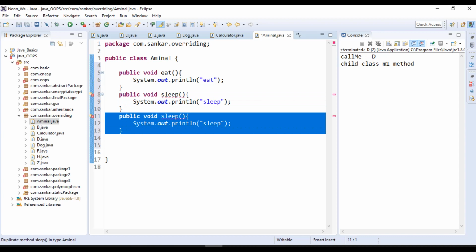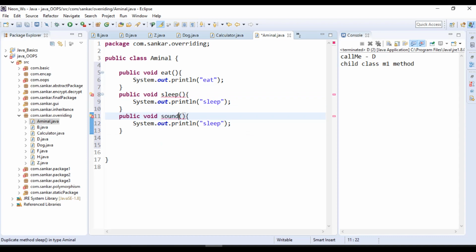So for that I created these methods. I am also creating one more method, sound, but I won't give a specific animal sound like a dog sound or cat sound. At that time I will simply give no sound or a default sound.